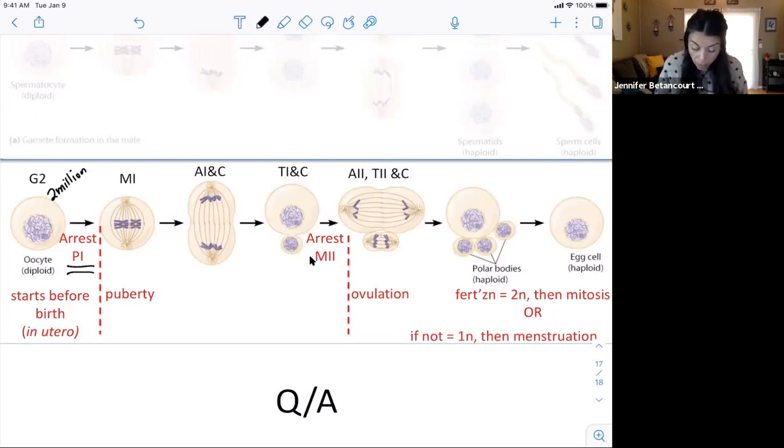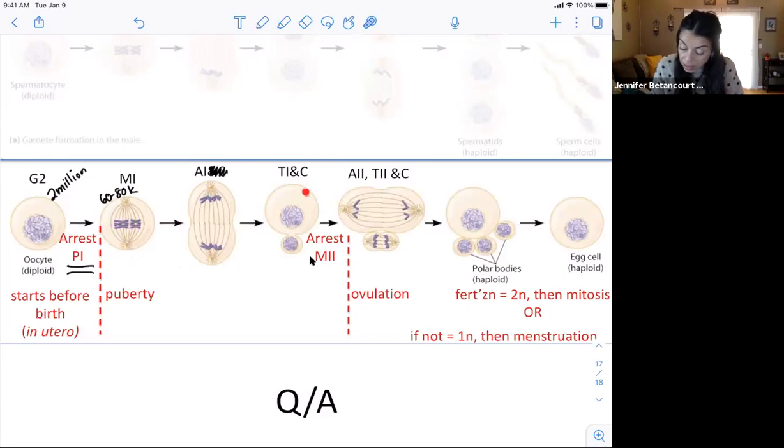However, along the way, a lot of them die. So by the time you get to puberty, now there's only about 60 to 80,000 remaining. Okay. So now 60 to 80,000, puberty, external cues, hormones, this is going to tell the cell, okay, you can go ahead and continue. So all of the cells, whatever remaining 60 to 80,000 of them, undergo metaphase 1, anaphase 1, telophase 1, cytokinesis 1,